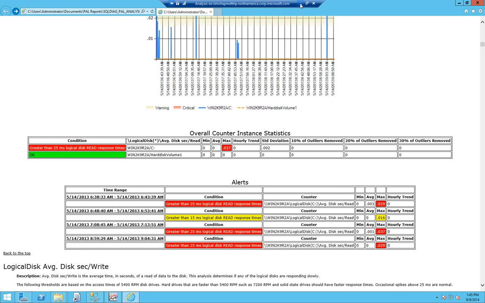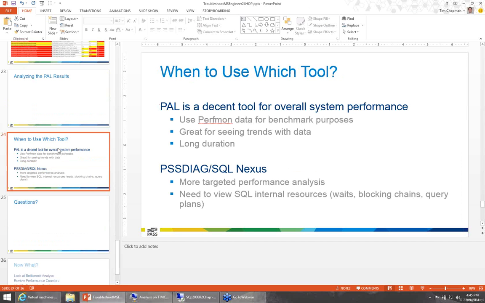All right. So when should I use which tool? Well, for the most part, PAL is a pretty decent tool for looking at overall system performance. Again, it's a general purpose tool, so it's not going to be able to discover